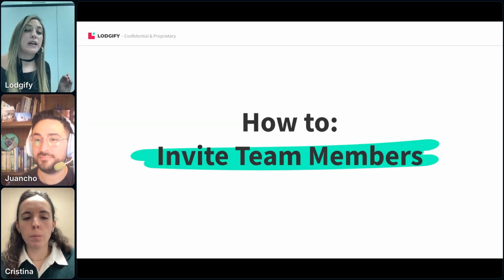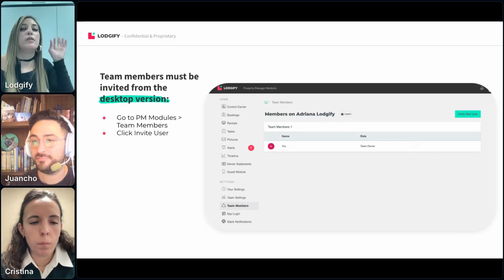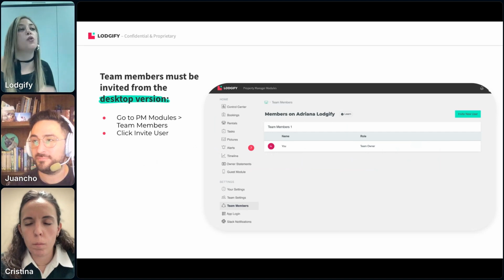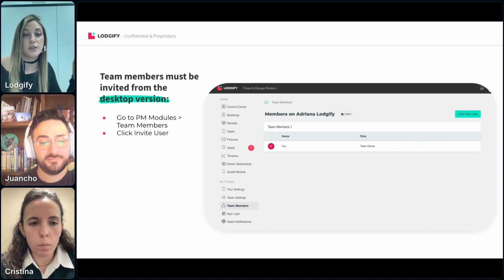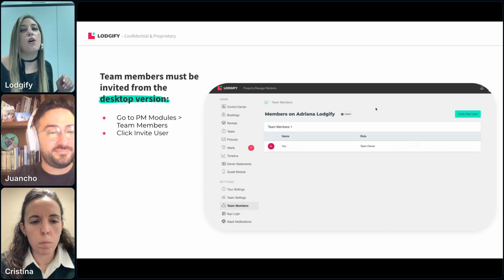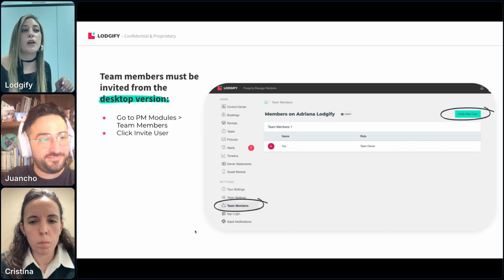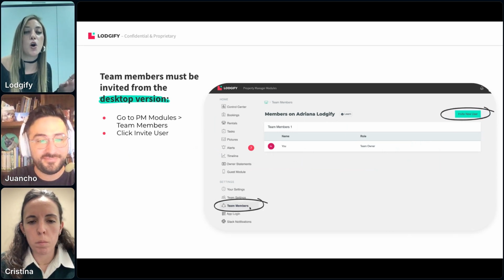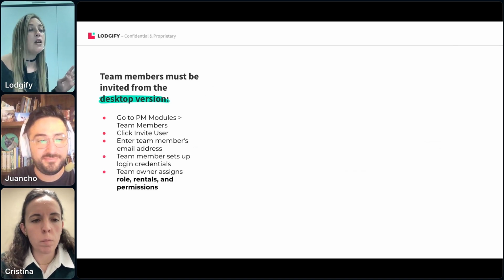How do we invite team members? Log into your Lodgify account, go to the PM modules section that you will find on the top left menu, and click on invite user. So we are in the team members section of PM modules. Click on invite new user. Once done,